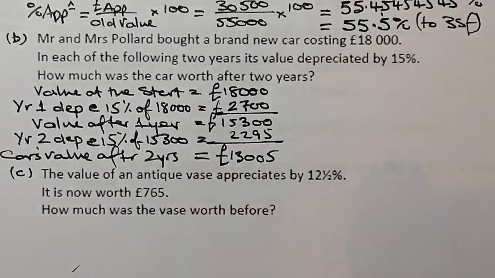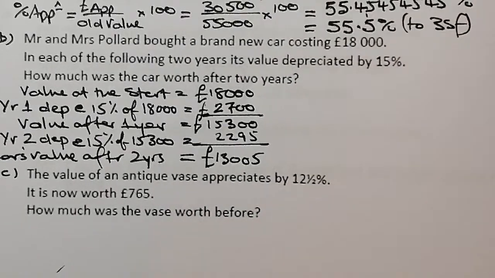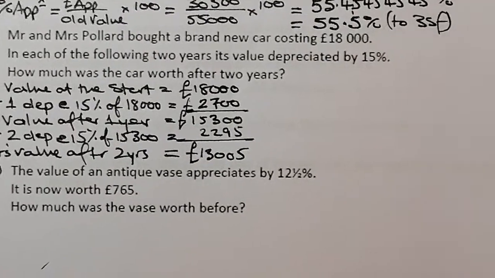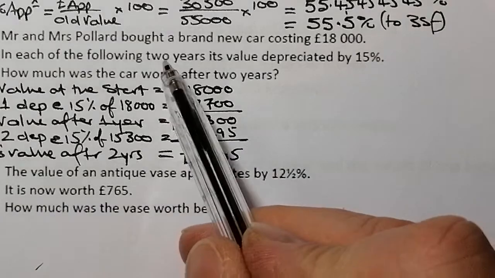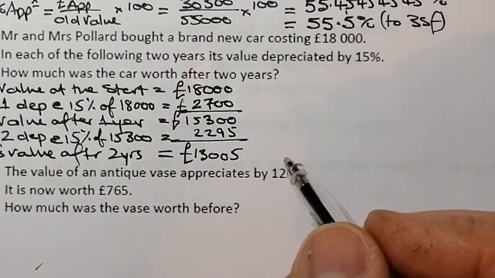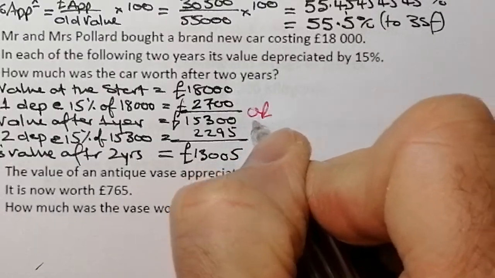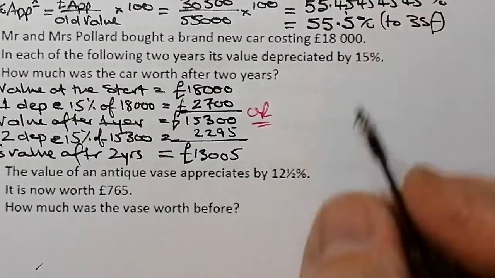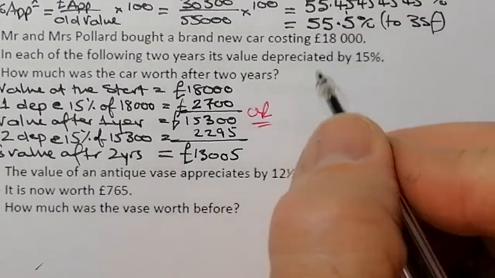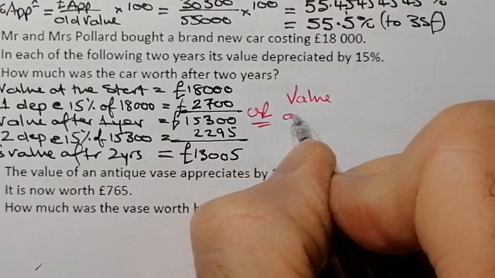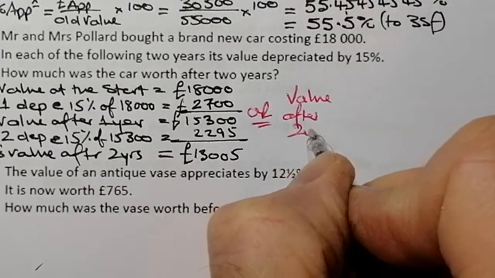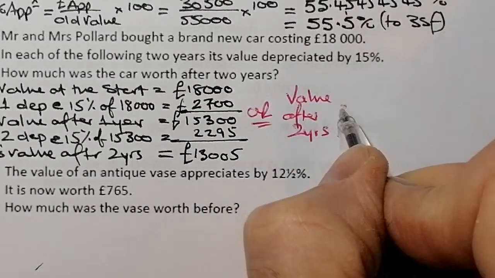Now I'm going to show you a different way of doing that as well. There's a quick way of doing a lot of this type of work, especially if it's a significant number of years. So I'm going to calculate it directly. The value after 2 years is going to be equal to